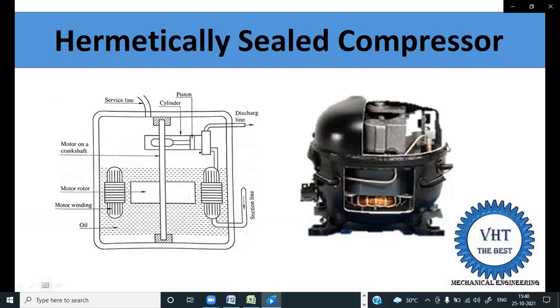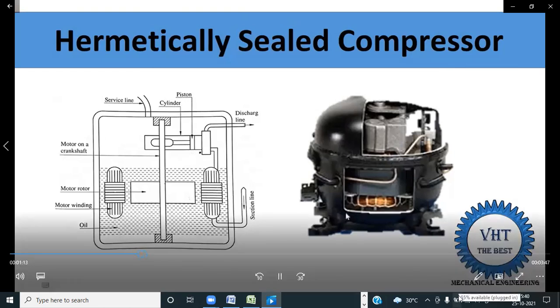Here you see the sectional view of the hermetically sealed compressor. Here you watch, it is an electric motor and on the upper part is the compressor, and here is the schematic diagram, with the compressor and the motor parts. This motor has the winding, that is a stator and rotor. So this is the motor rotor winding and this is the stator winding. It is not a completely sealed motor, but its winding is open inside.